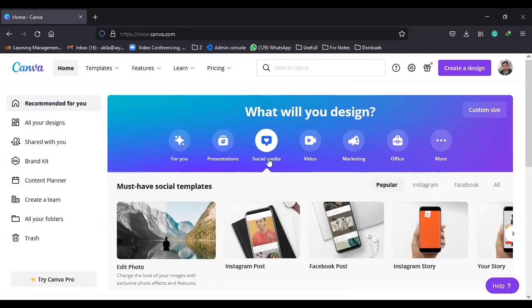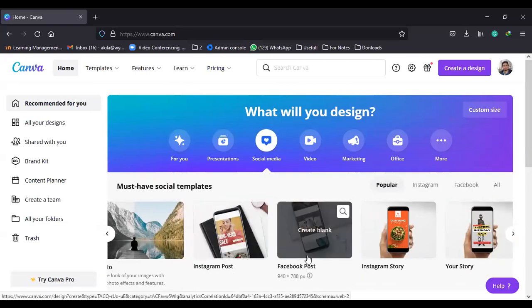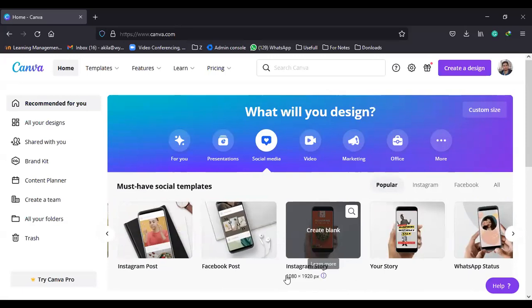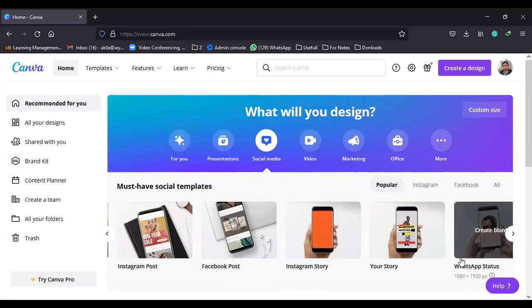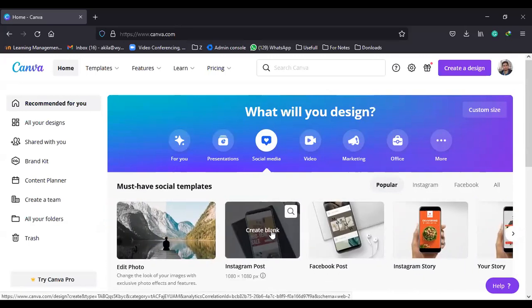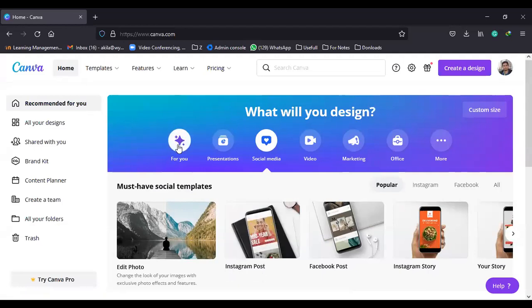If you select social media, then for a Facebook post, the original size is given. Instagram story size is given. WhatsApp status, the size is given. So if you are willing to create a social media publication, then all the sizes are here, right?